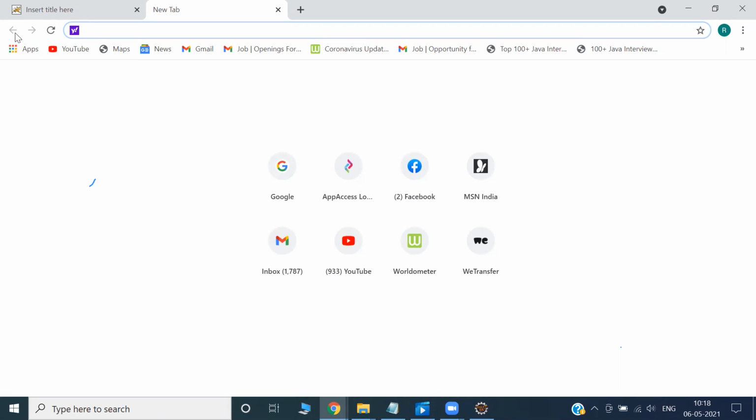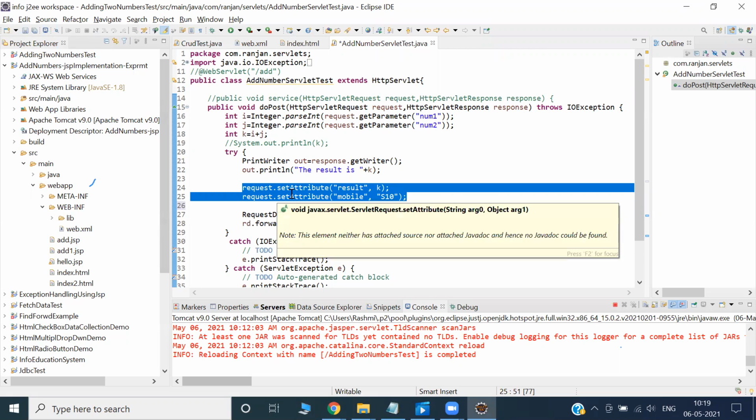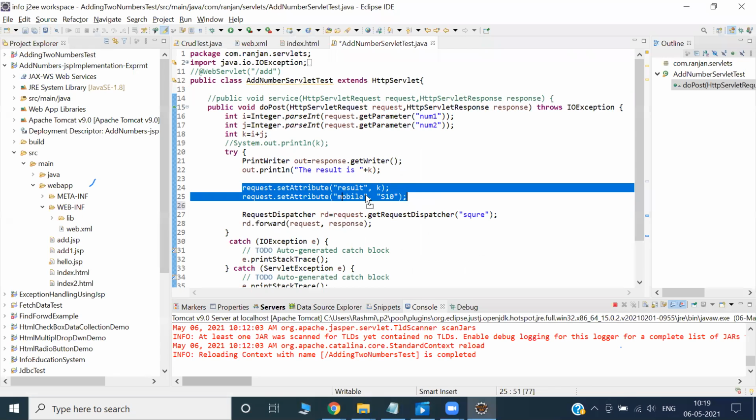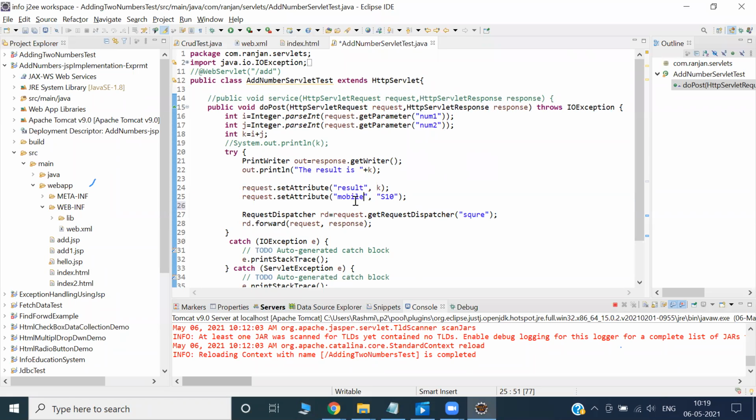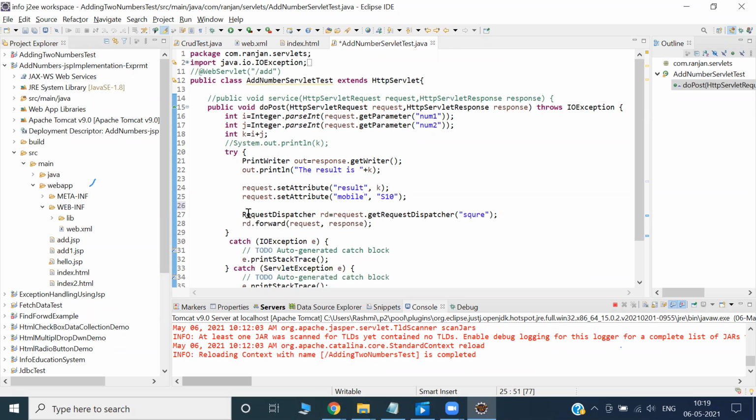That use case I will discuss at some point of time. But right now, I'm interested in sending this data to another servlet with the help of the request object. I want to send this, okay, mobile. If you understand this one, then quickly we'll go ahead and understand sendRedirect. Only one line of code.